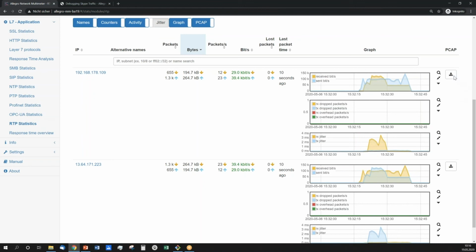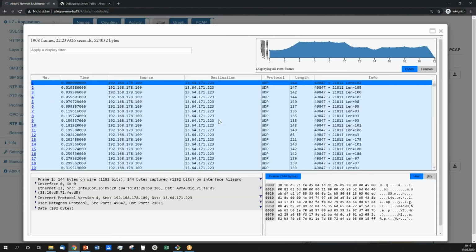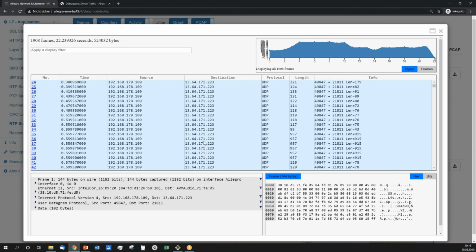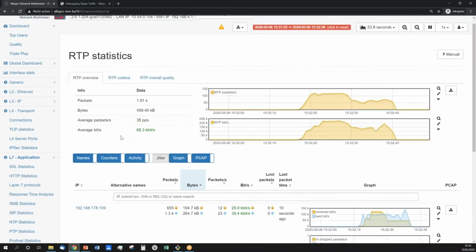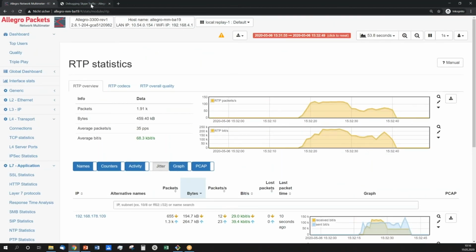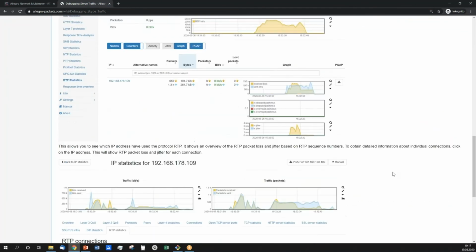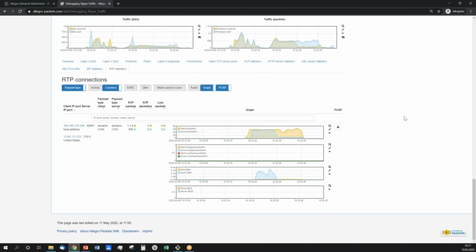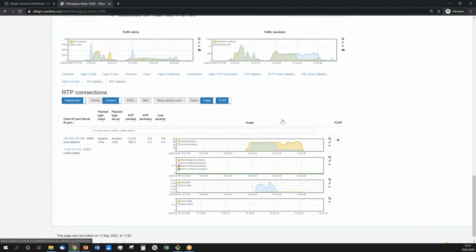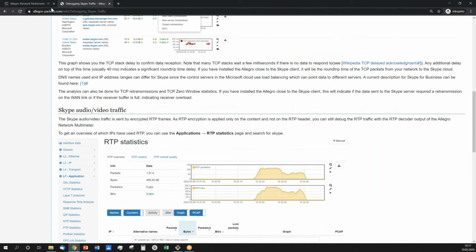And of course, you can always do the post-processing with WebShark. Then you have the raw data and can look into that a lot more in detail. Okay, so in this case, of course, you can read a lot about that in the new wiki page, where we also added information if you go deeper per IP address. And so this statistic is available easily.